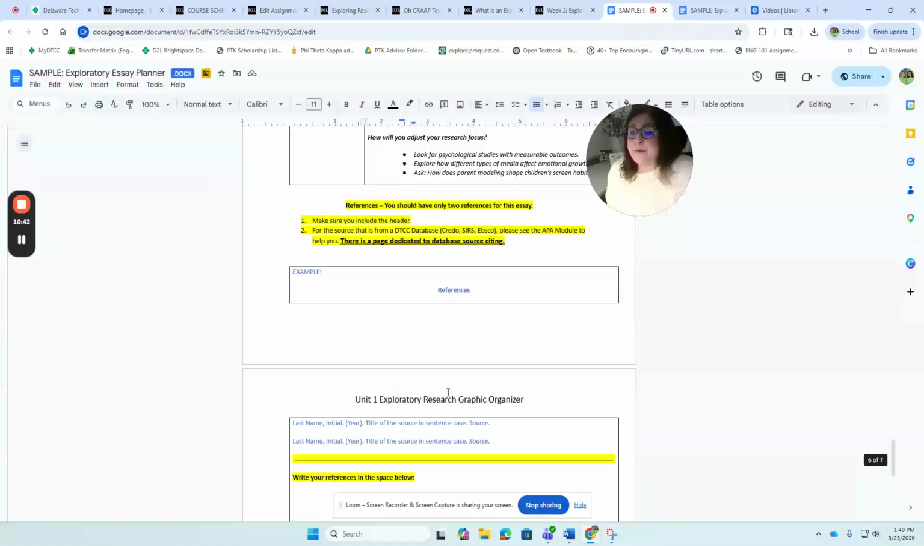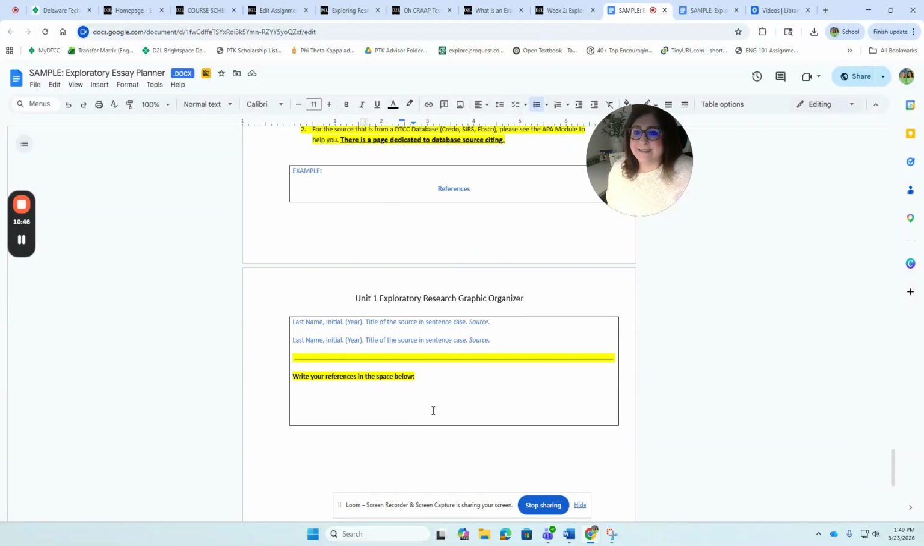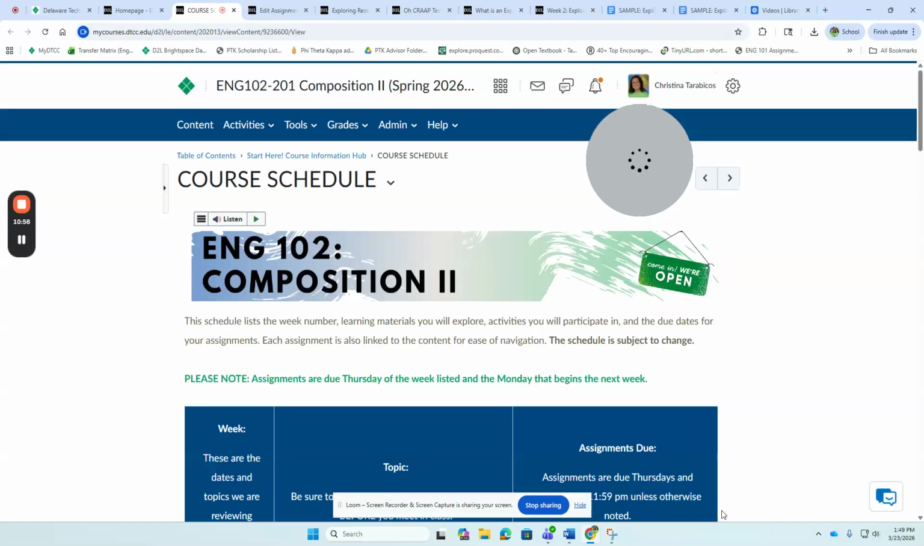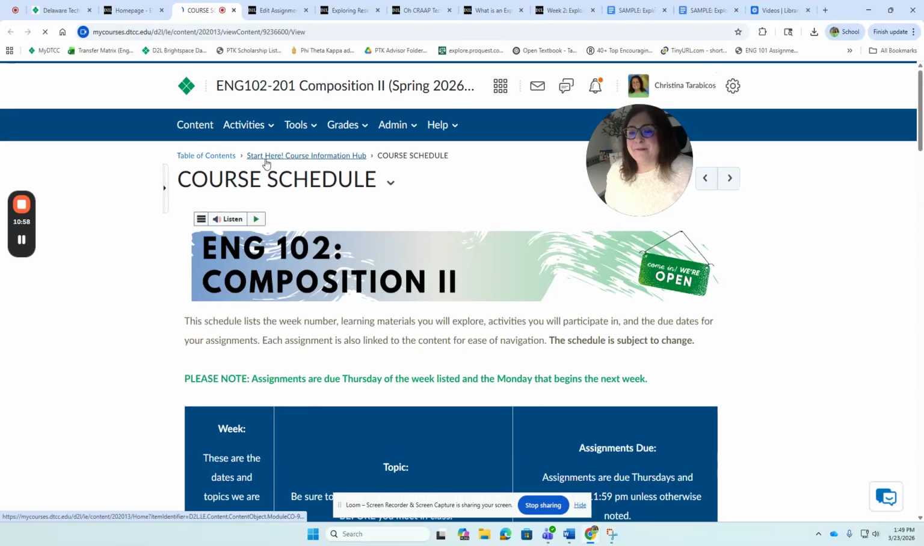Finally, you are going to actually write your references page, okay? So there should be 2 references there. Remember, one of them is from a Delaware Tech database. And please do not make me write this comment on your paper, but I probably will at some point. Here's the thing, guys. In our table of contents,